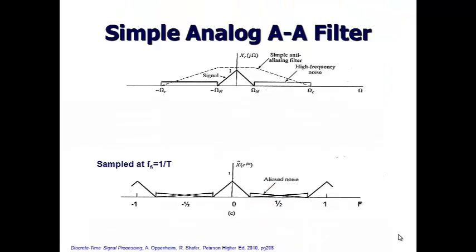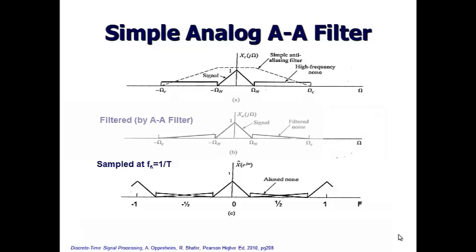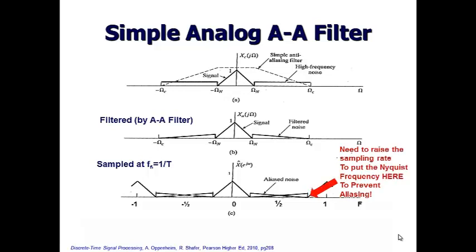Well, if you have a signal with a finite bandwidth and maybe some noise above that bandwidth, then you put it through a gentle low-pass filter for anti-aliasing, well, what's going to happen? Come on. You'll filter out some of the noise, but if you don't choose a high enough sampling rate, the copies are still going to overlap, the noise is going to overlap, and that will alias into your system and mess you up. So, well, I could choose a really high sampling rate, at least that puts the spectral copy way up here,